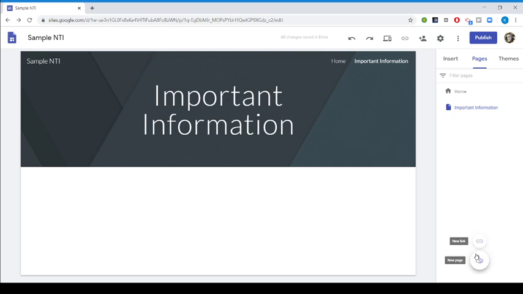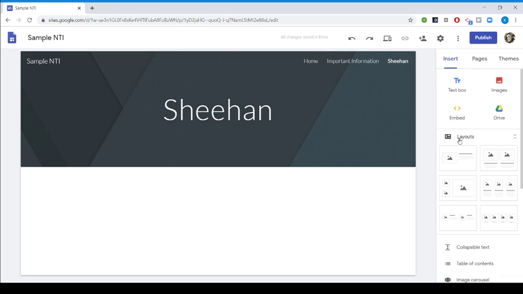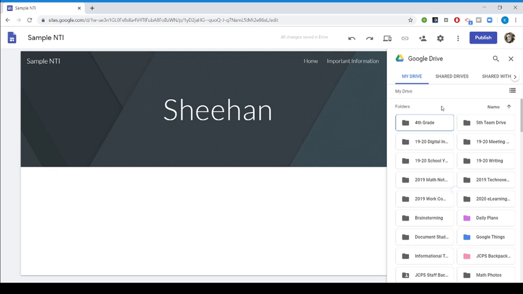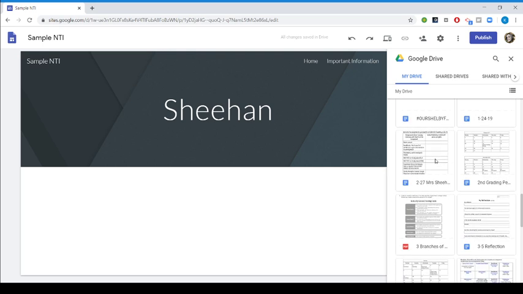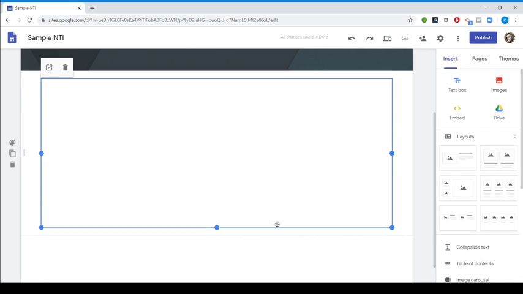Now let's say we're making one of our teacher pages, so I'll call it Shia, just quick. We've already got our next page added, and I want to insert a slideshow that I've already created. I've already got it in Google Drive, so I'm going to click on my drive. You'll see the massive amounts of files and folders. And I'm just going to pick, let's pick a contract that I did with my kids last year. So let's say I want to add this file in here. All I have to do is find the file I want, click it to where it's selected, hit insert, and it will put that file directly into my